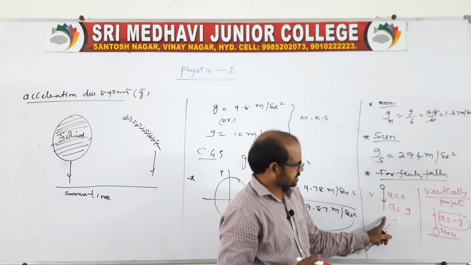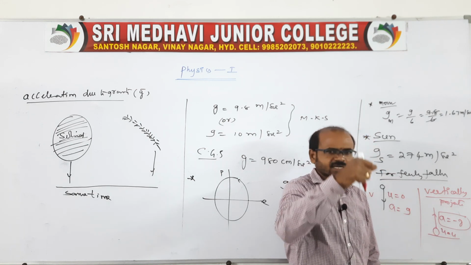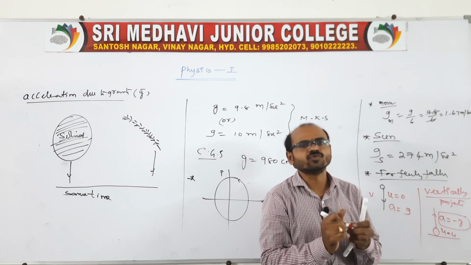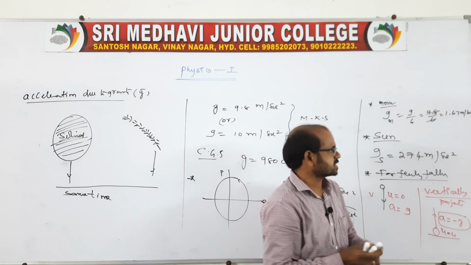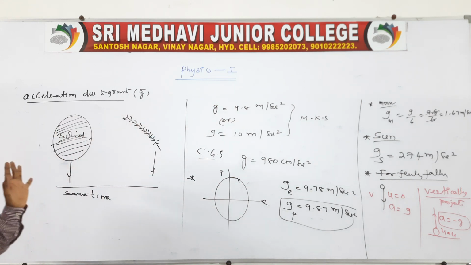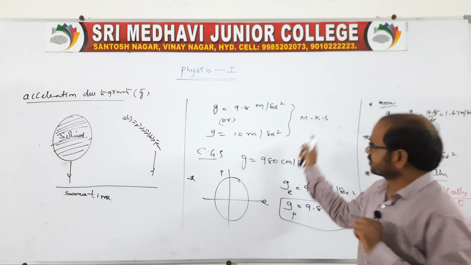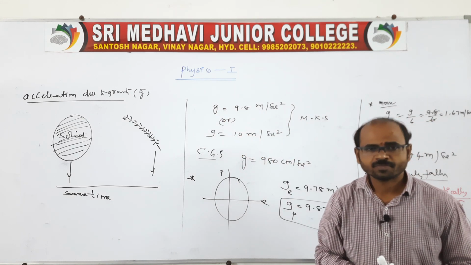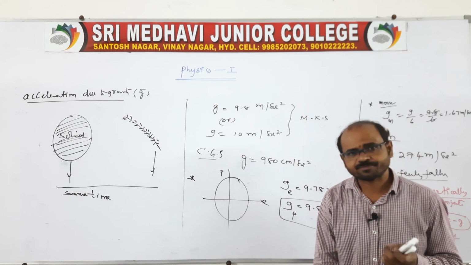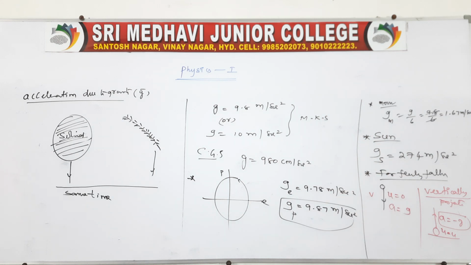In the first situation, velocity increases. In this situation, velocity decreases, because when moving up, gravity is acting opposite to the moving body, so the velocity decreases. These are the conclusions related to acceleration due to gravity. Remember, it is very, very important, because in the upcoming classes, for the problems, we can take g is equal to 9.8 or g is equal to 10 meter per second square. You go through this, it is very, very important.